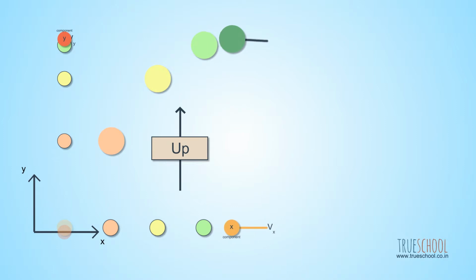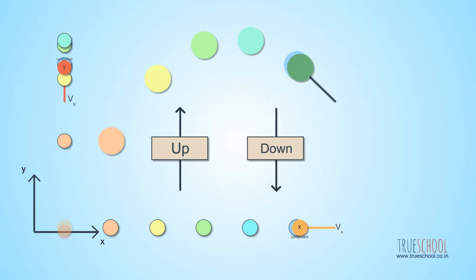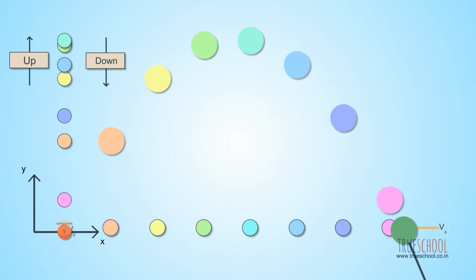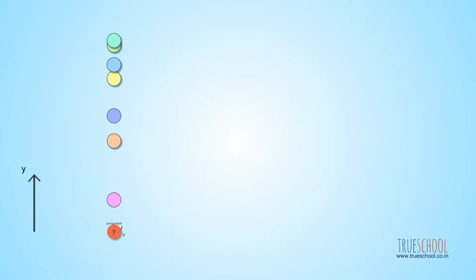Coming back to the scenario you have mentioned, let's talk about a ball hit by a batsman. The ball first goes up and then comes down. This up and down motion takes place in the y axis. Simultaneously, the ball is moving towards the boundary, that is in the x axis. How do we predict the behavior of such motion? Let's turn on our y axis mode first. What do you see? It looks familiar.